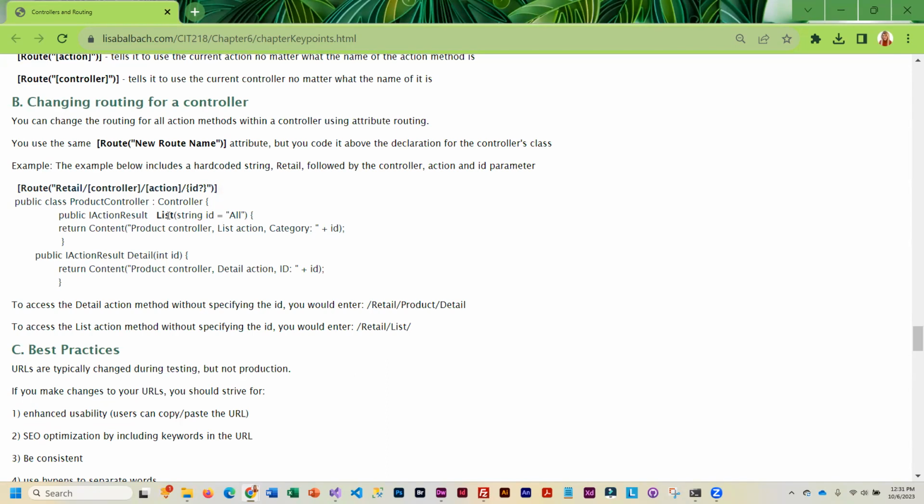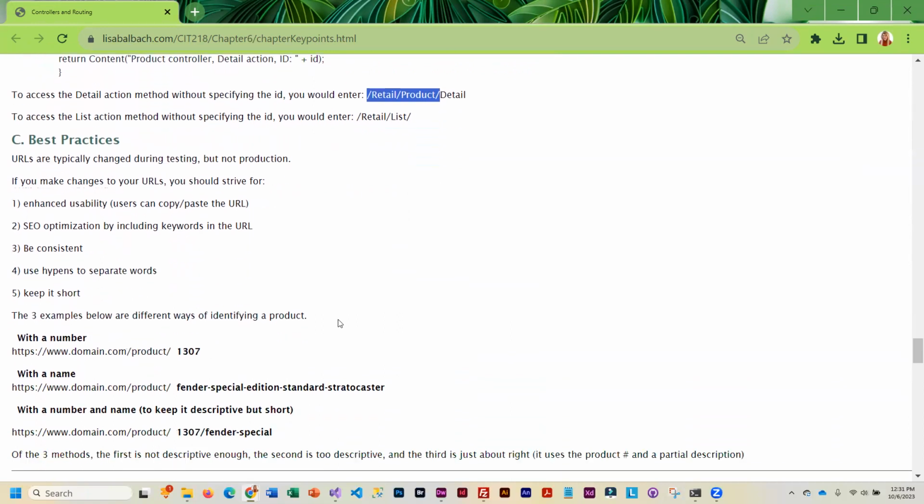And here they've got list. So because you're telling it to pick up the current controller, you conceivably could key in /retail/list or /retail/product. Okay. However, if you did /retail/product, you'd probably end up going to the index. So